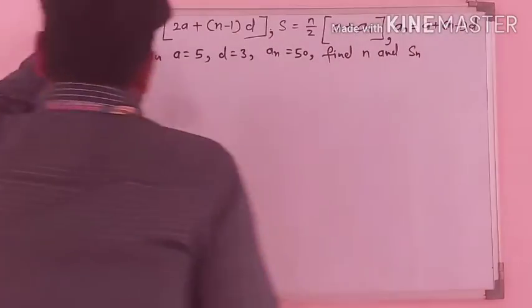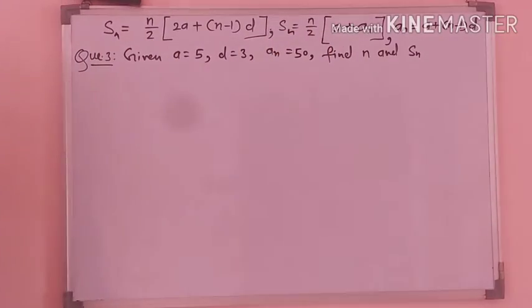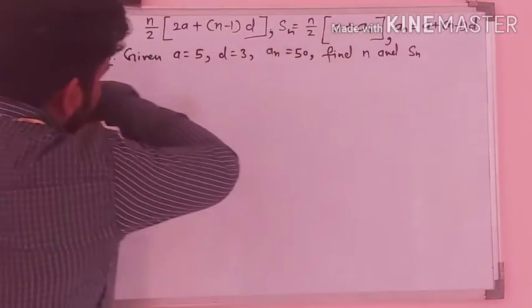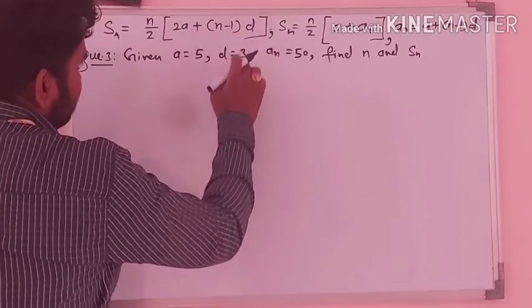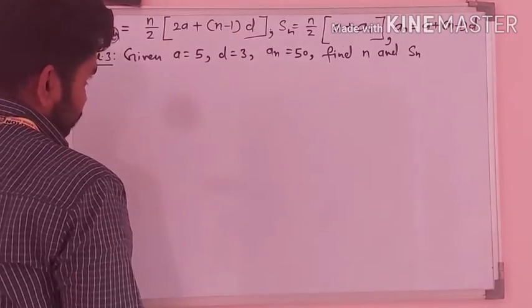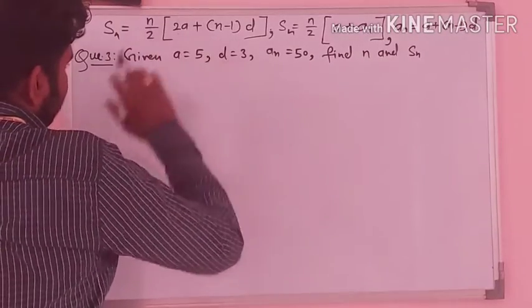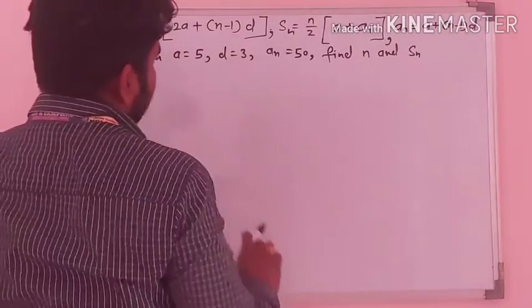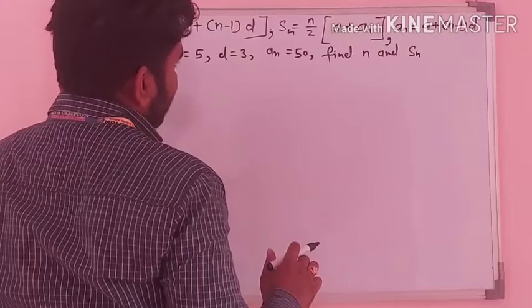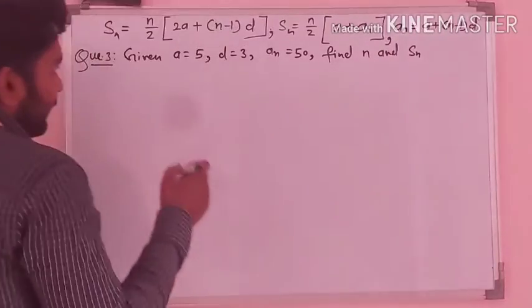Okay, so we know this one is also Sn. We can write Sn here in this column as well, and n. So we are putting the formula here. We know a is known, d is known, and also find Sn. That means there are 3 unknowns, so we are not putting the value in this formula. So we can put the value on this. Okay, so let's find n.